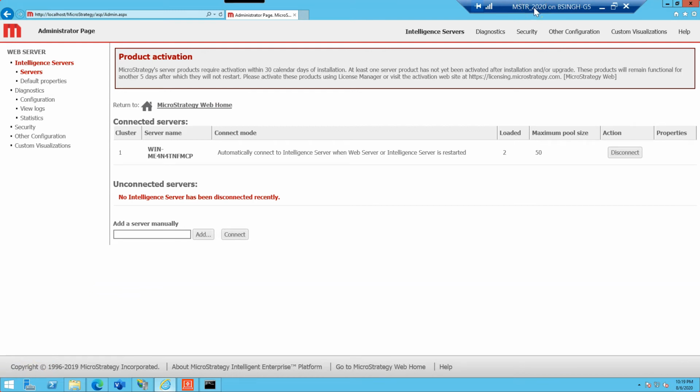What are the types of MSTR connectivity? How many types do you have available in MSTR to connect and configure as a project source? So we have two-tier, three-tier, and four-tier architecture in MSTR. And I have shown you how you can create and configure your two-tier project source, three-tier project source, and four-tier project source.